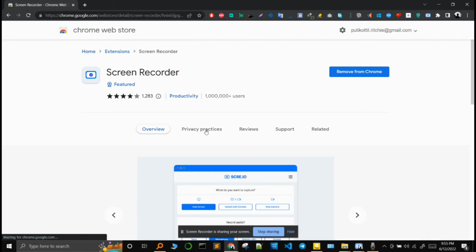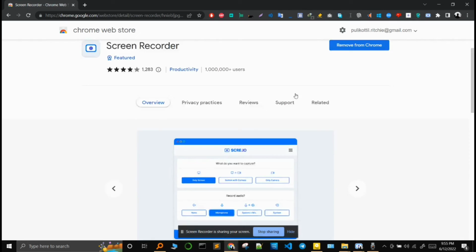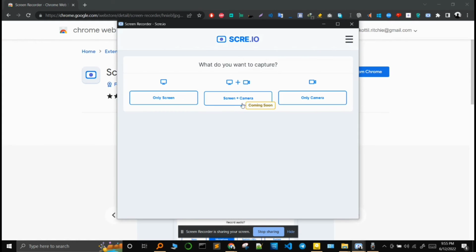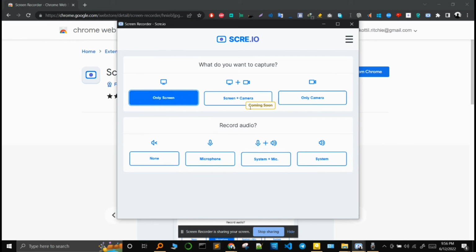Once you install that, you can see, this is the overview. It is free to use, no sign up is required, no watermarks. You can record unlimited videos, and it is absolutely free for now. You get an interface like this where you can record just the screen. You can record the camera or screen plus camera, and once you click any of those options, you can use